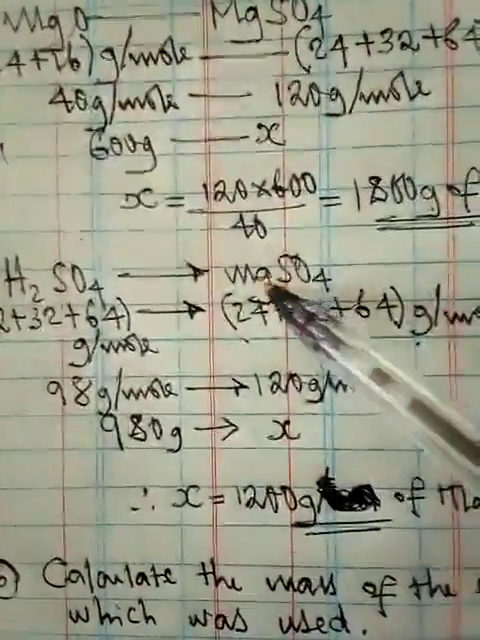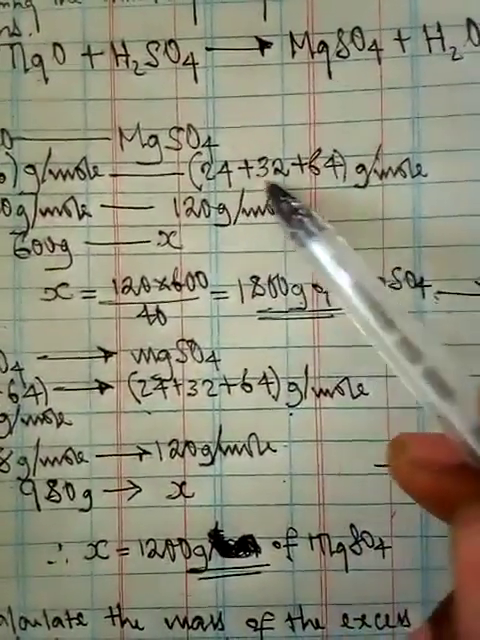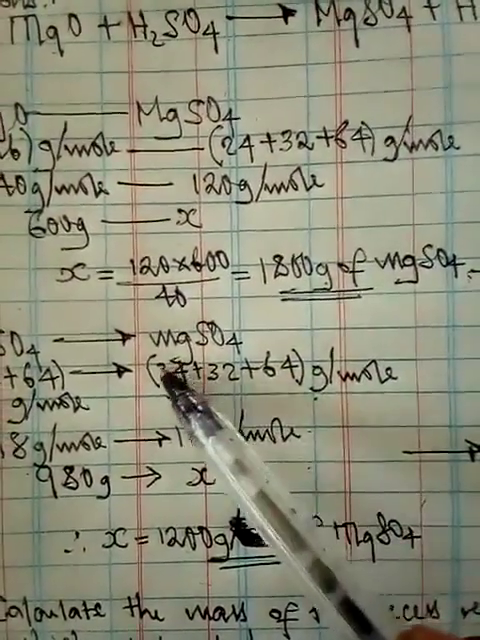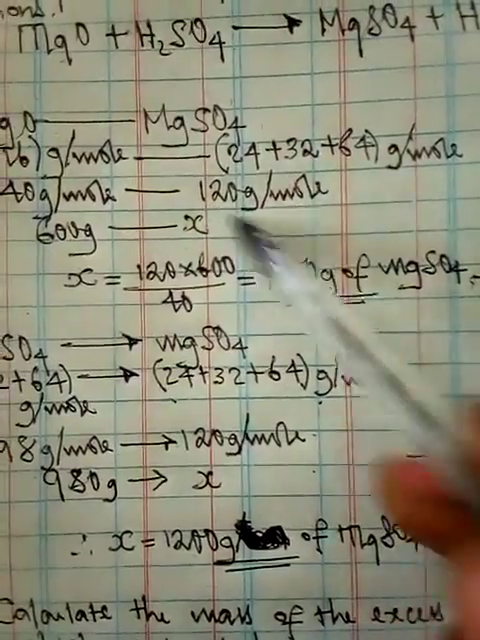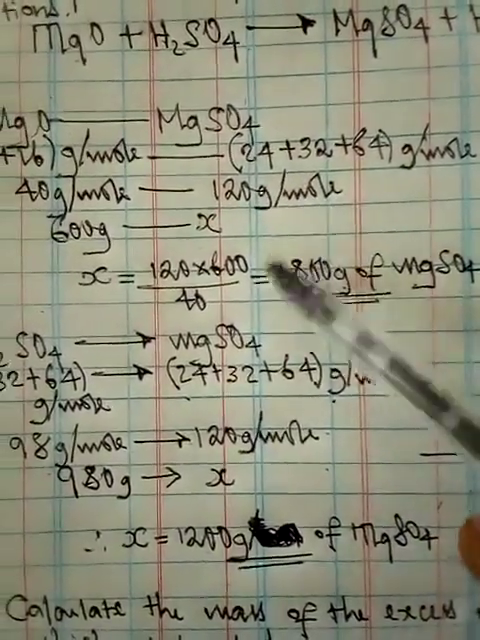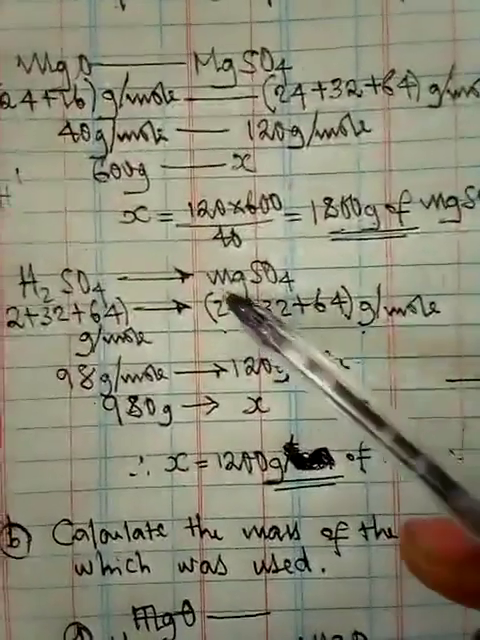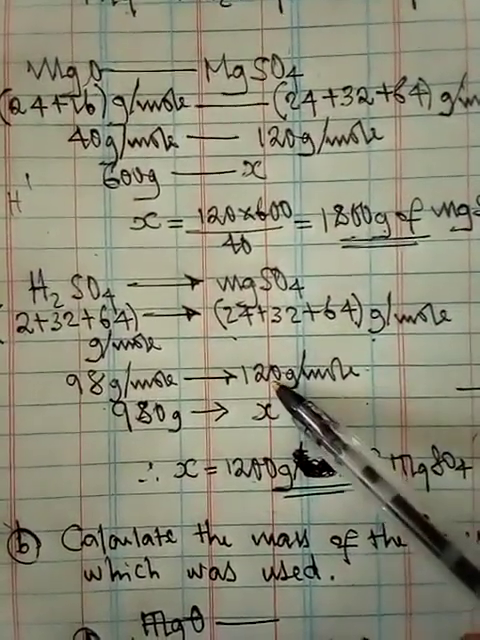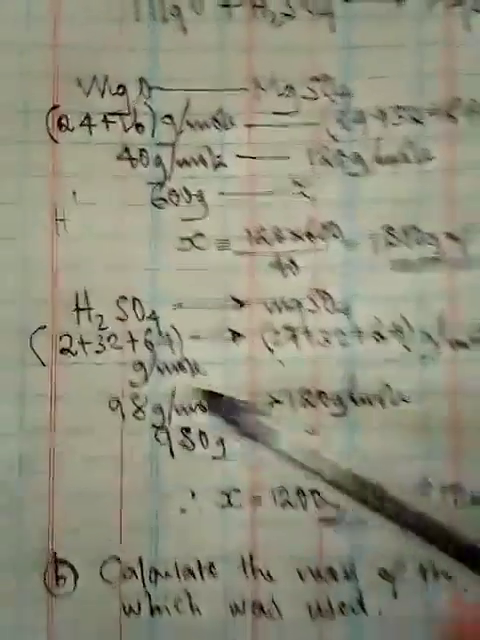If we come to the magnesium sulfate, we had already done this. 24 plus 32 plus 64. You can choose to re-evaluate it, or if you want, you can just get the same value, the 120 grams per mole that you had found, and then you just bring it back. But for the sake of being systematic, we can just write it again. So the value is just going to be 120 grams per mole. Okay, so here, notice